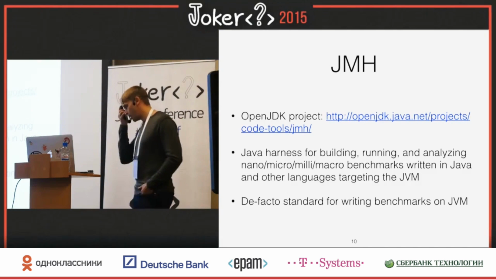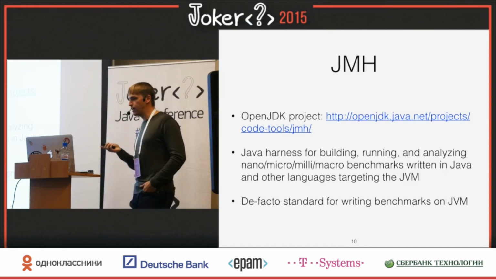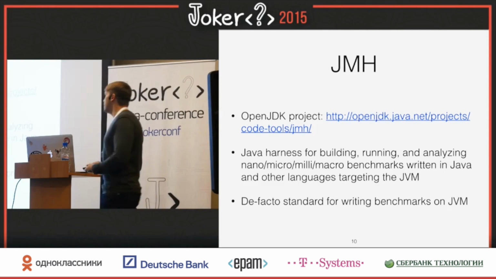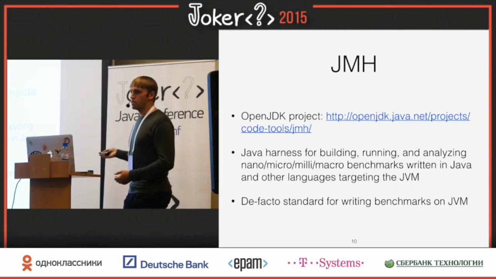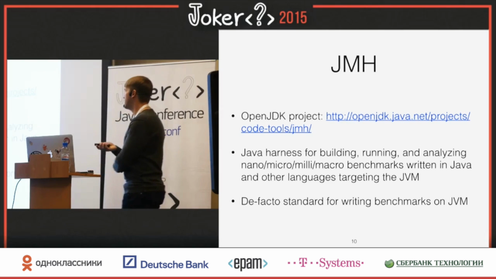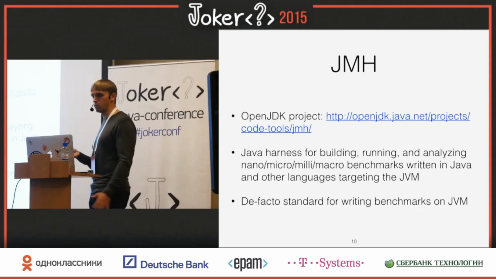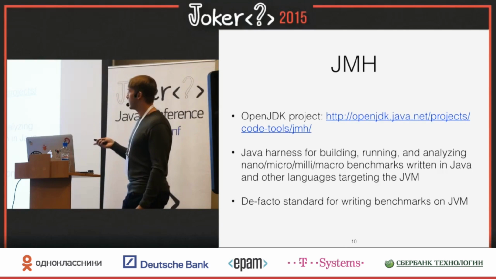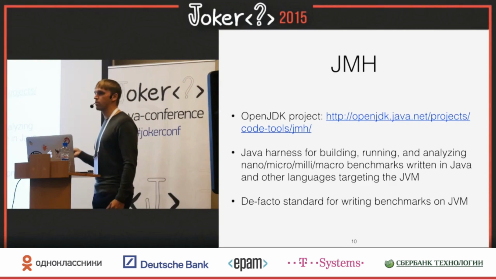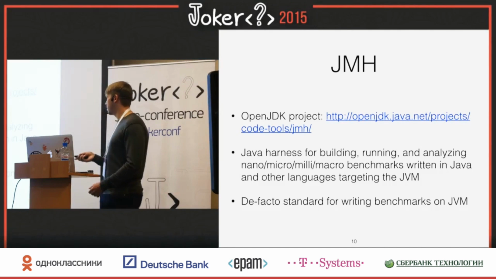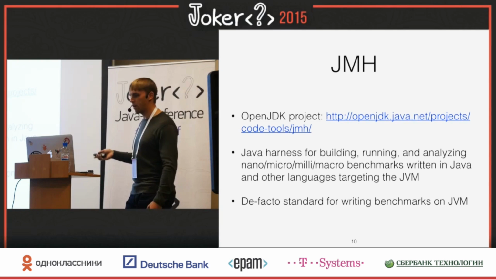So JMH stands for Java Microbenchmark Harness, but actually it supports multiple languages. You have Scala, Kotlin, Groovy, and Java. And essentially you can measure anything that runs on JVM these days. You use it to write all sorts of benchmarks, from nano to macro benchmarks. These are related to how long or how big is the operation you want to measure. So nano benchmarks relate to nano effects like a single method call or even below that. And with macro benchmarks, you run something that runs for hours or days.